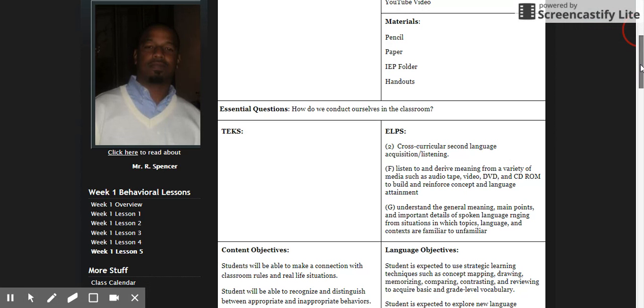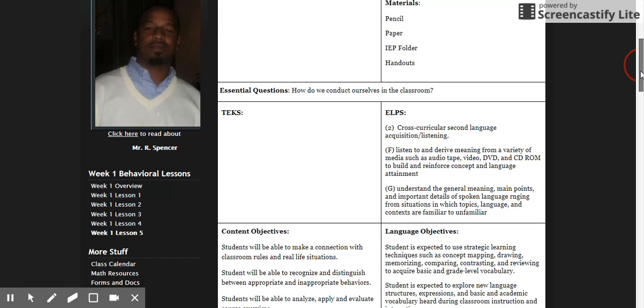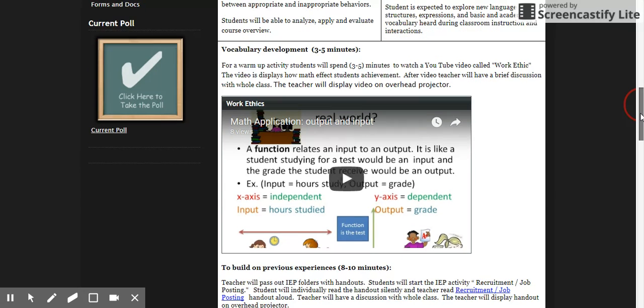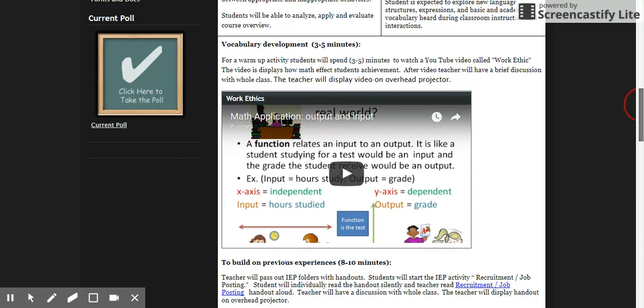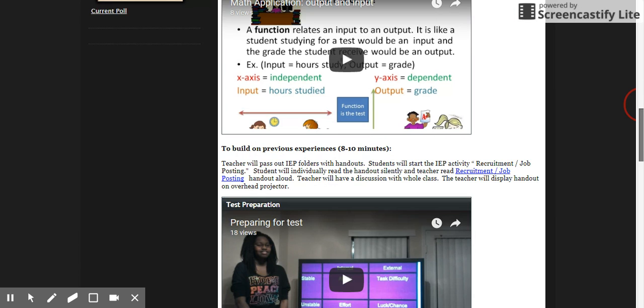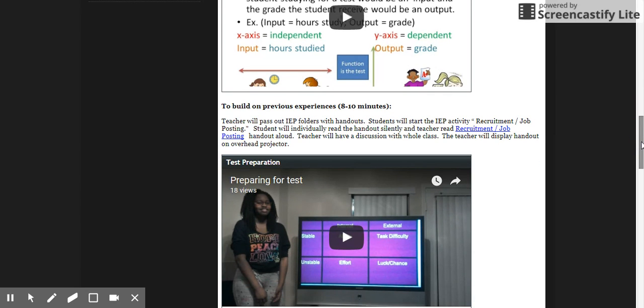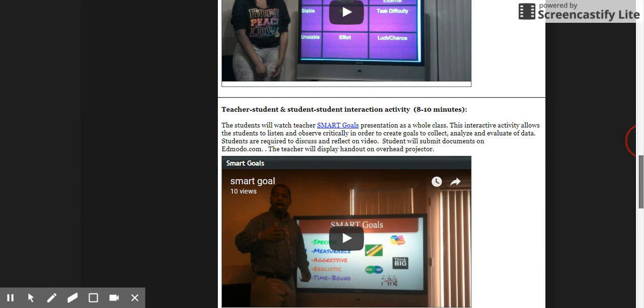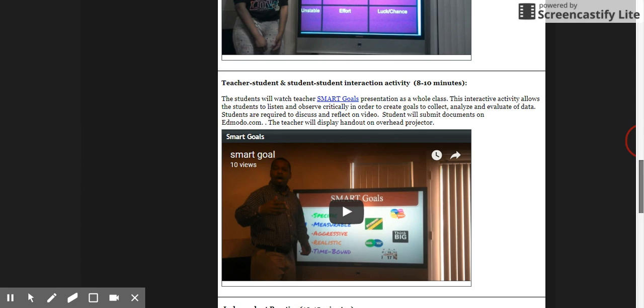will try to relate how behaviors can affect student achievement, and how we can, as individuals, use math in our everyday life, and how it can affect our behaviors, our work ethics. Also, I want to make sure kids have confidence, especially when they're preparing for a test, and just give them a couple of strategies about how to prepare for a test. This will also help out with behavior problems. I want kids to also learn how to set SMART goals that will also increase